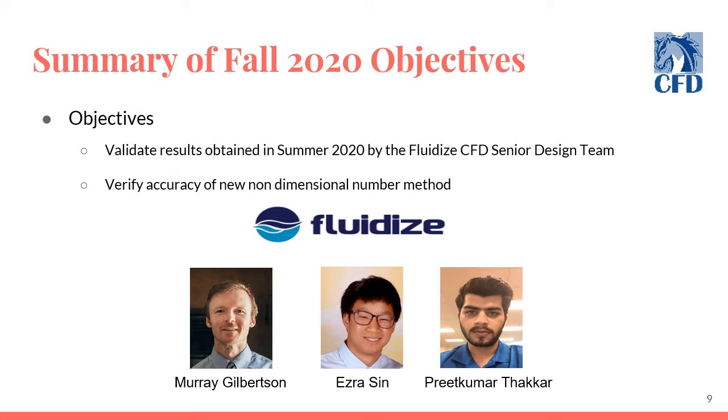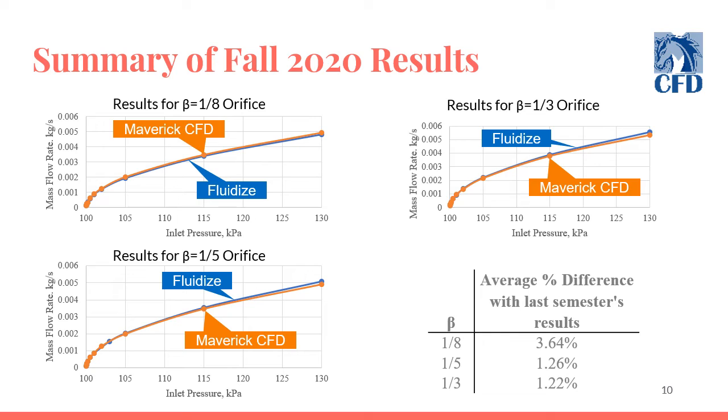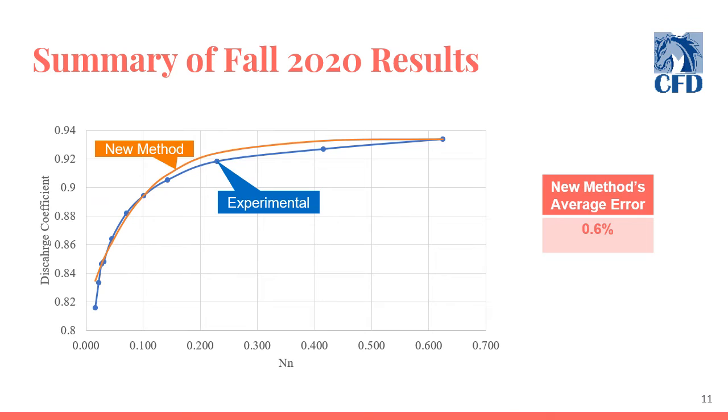During the first semester of the project, we were tasked with the validation of the results obtained in summer 2020 by the Fluidize team, and to verify the accuracy of the new non-dimensional number-based method to create a discharge coefficient curve. In short, our results were aligned very closely with the Fluidize team's findings. We obtained results that were on average only 3% off from theirs. And the results of our implementation of the new non-dimensional number method on average only had a minuscule 0.5% error